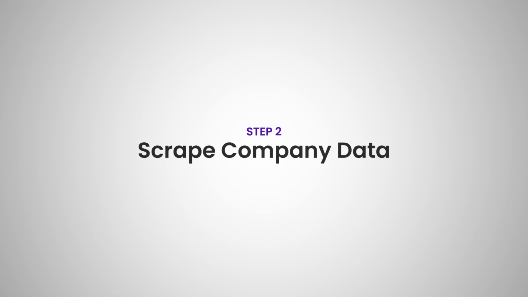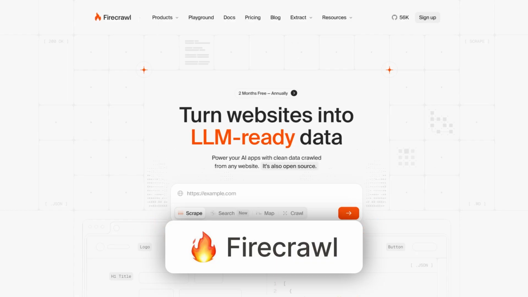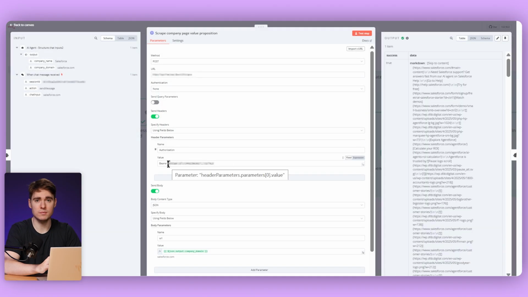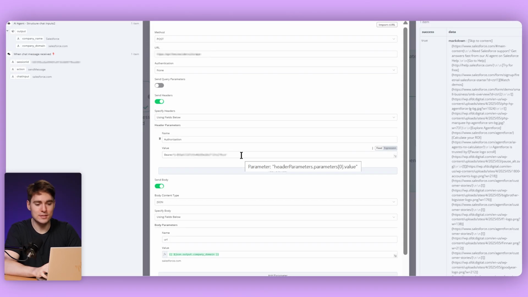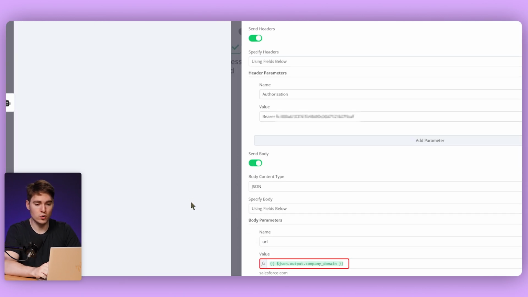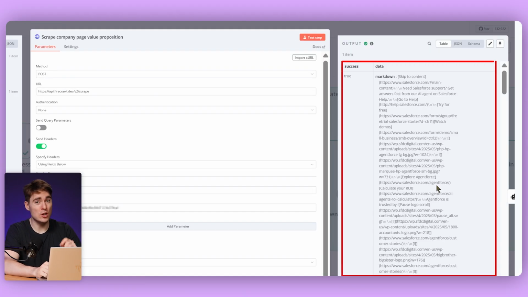The next step is that we gather as much data about the company as possible. So we're going to use Firecrawl, which allows us to scrape the website of Salesforce in this case. Again, you can just create a free account and you don't need a credit card whatsoever, and you will just need to replace your API key here. Also make sure, because this is a special API, to put the word Bearer before putting the API key in. As you can see below here, the only input that we give Firecrawl is the company domain, and this is something that we got here from the AI agent, which extracted it from our chat. And the output that we get is a lot of data about the company Salesforce, which will later on allow our agent to also find leads and